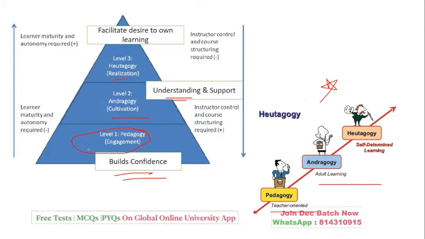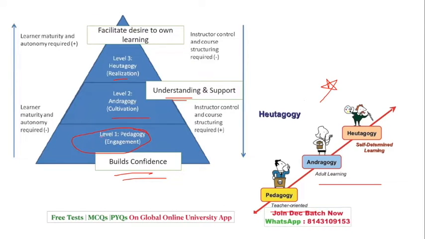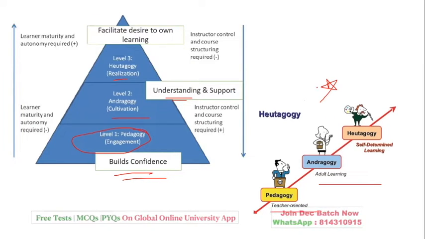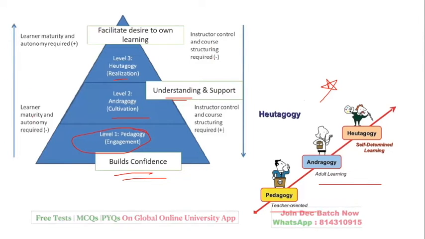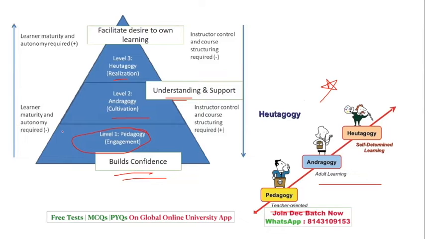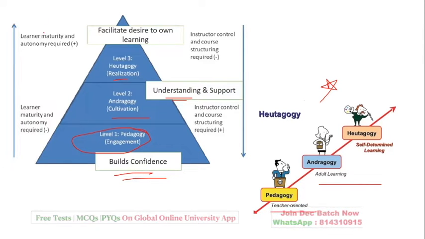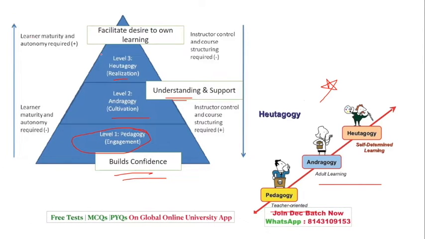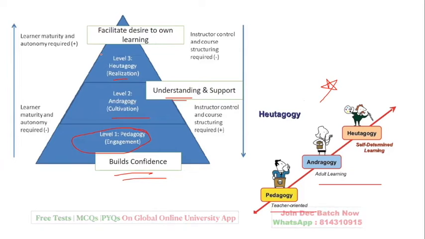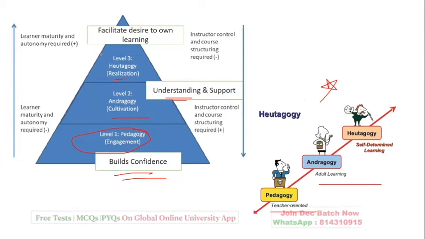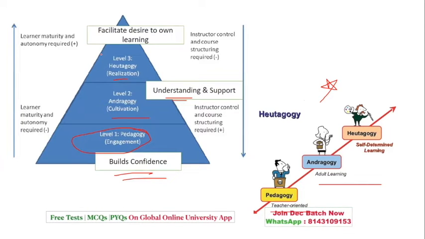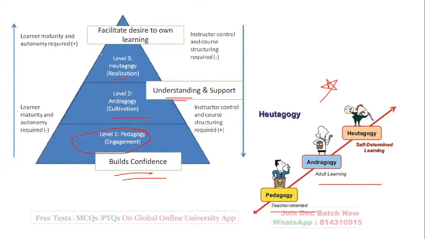So if you see, the level of instruction is more in the pedagogy, but it reduces when it goes to pedagogy. The level of maturity is less when it comes to pedagogy, but increases as it goes to pedagogy. So any type of question from here, the level of maturity, the starting level, what does every level create, it is dominated by whom, you should be able to answer.